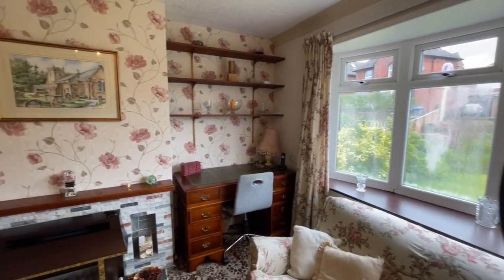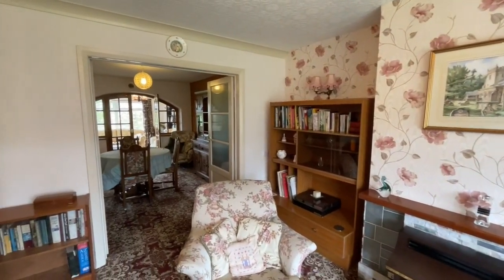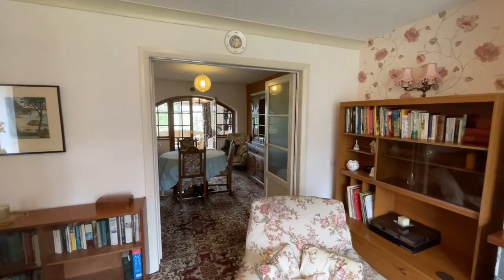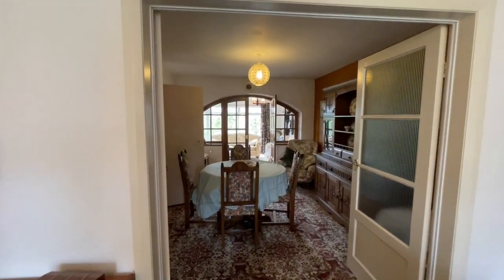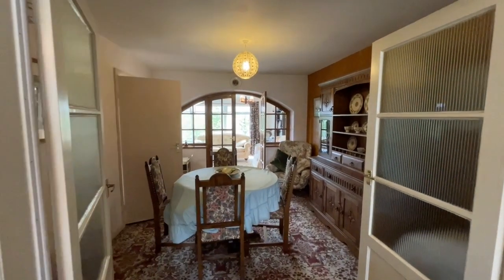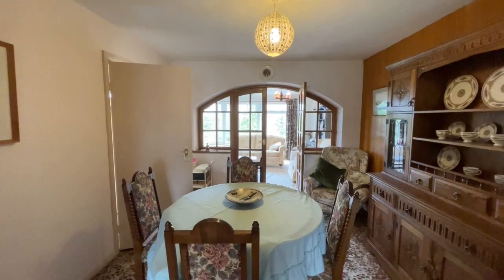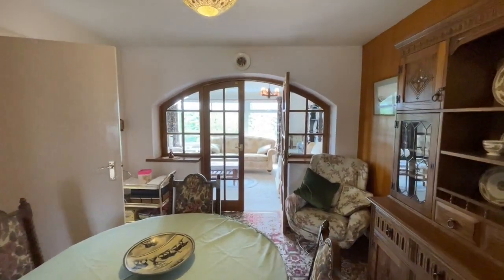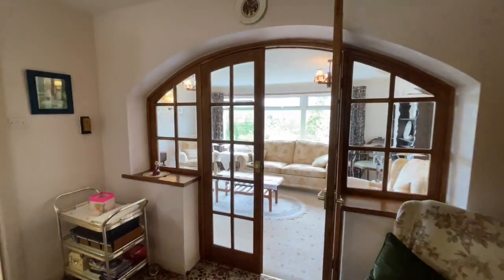The accommodation within this house really does flow very nicely indeed. We've opened these double doors into the dining room just to demonstrate that, but obviously this room can be shut off and made really quite separate. Dining room here, nice big room, and through that archway with its double doors is a truly delightful sunroom